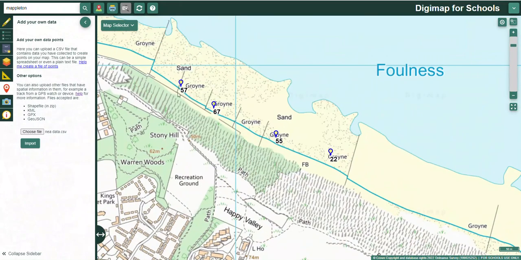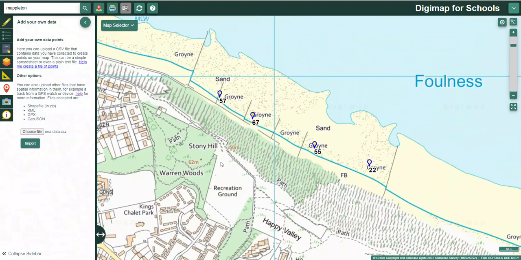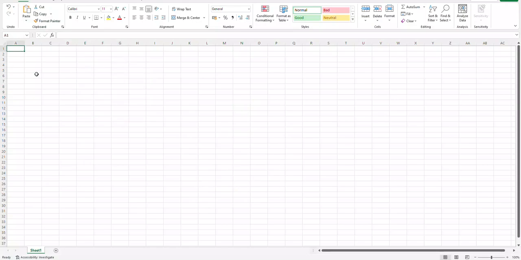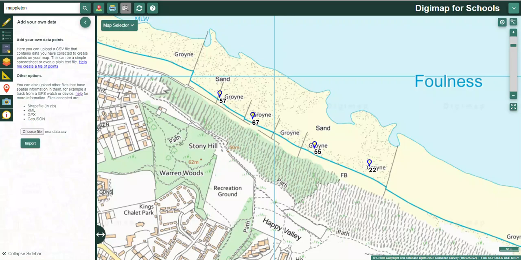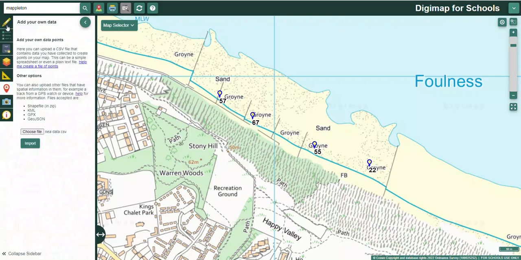Okay, now it doesn't represent the data, so this 57 is just a 57. There's no proportional circle or anything, but on the beach I know the exact position where I went, and I'm going to show you how you can actually do that. So in Excel, what I could do is set up a spreadsheet. Let's get rid of this one, and in the top left corner, if I call it grid ref and then label, for my grid references, if I actually go to Digimaps and then I click on the yellow pencil, I think it's the yellow pencil,